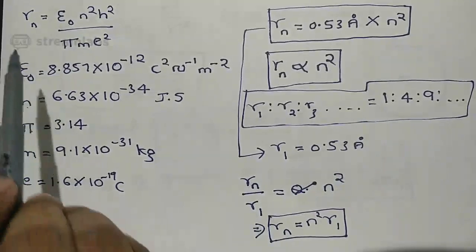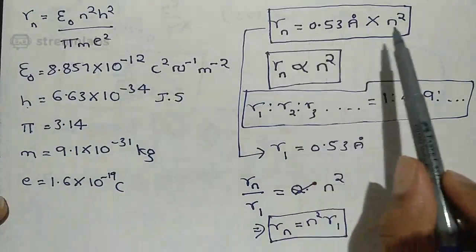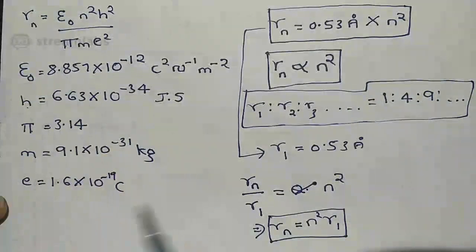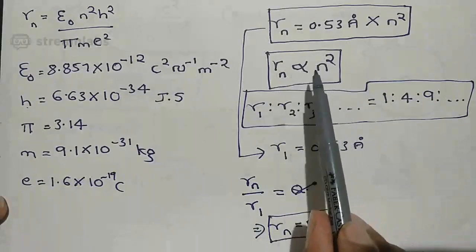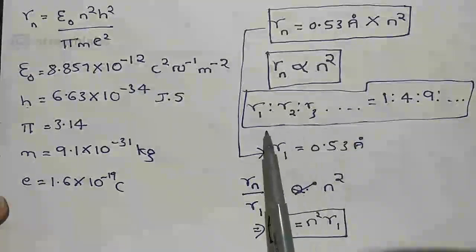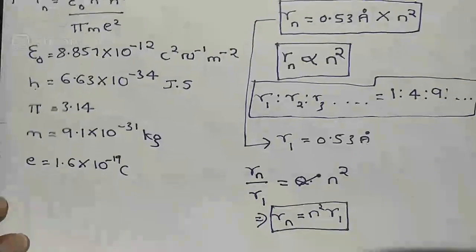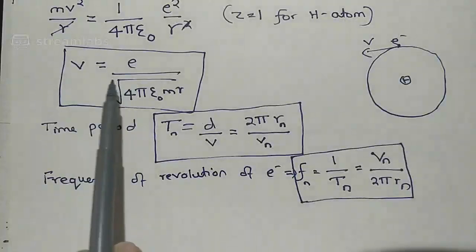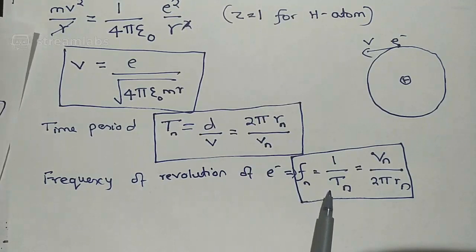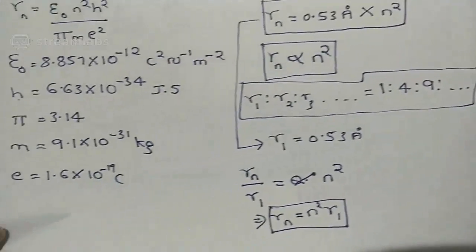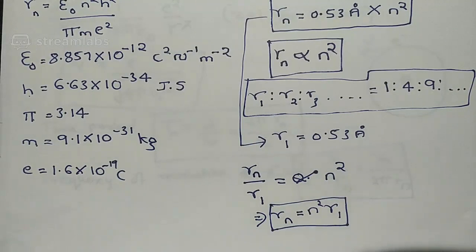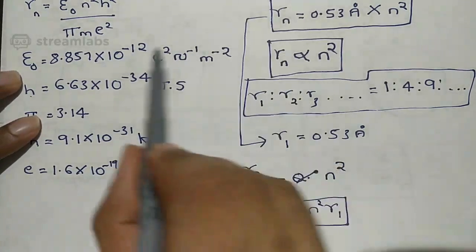I started from the expression for radius, then I found the radius of the nth orbit of the electron using the known constant values. Then I got the relation that radius depends on the principal quantum number. I got the ratio of the radius of the orbits. Then I got the radius of the nth orbit in terms of the radius of the first orbit. And then the expression for velocity, expression for time period, and expression for frequency. All these points which I have discussed are given in terms of note points. Note points 1, 2, 3, 4, 5, 6, 7. In fact, the 5th note point I have not discussed; that is here, I have written for